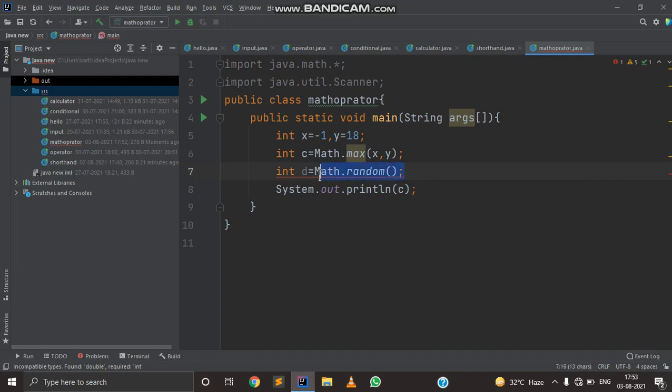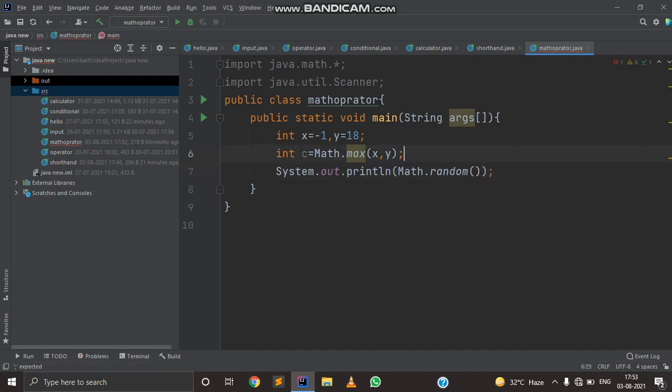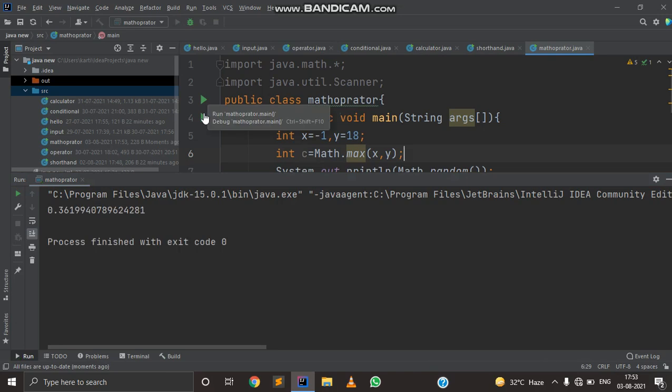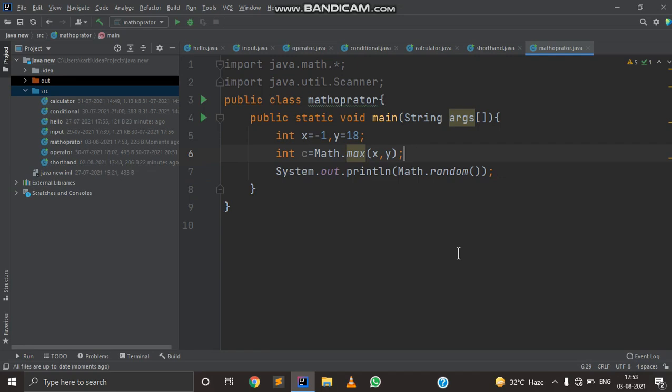So I am simply going to print this. Now run this program. Here you can see that the output is a long value. Now I'm going to run it again. Here you can see that it is varied, but the value is from 0.0 to 1.0 only.